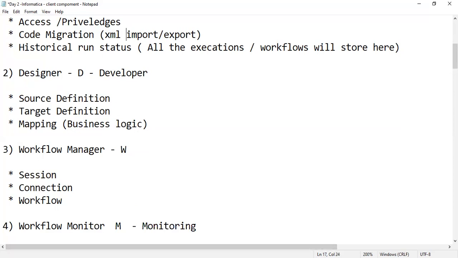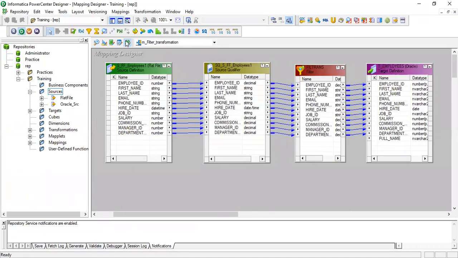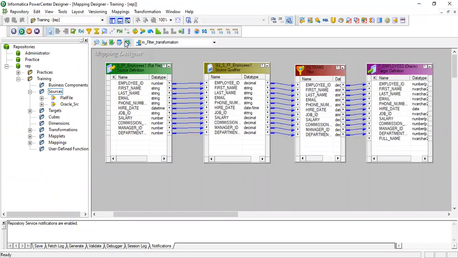So what is this? This is your source definition. See here. This is your target. This is source definition. And then mapping logic. Mapping logic means this is what. This is mapping logic here. We are creating the source, target, and mapping. And this is which we are using, but